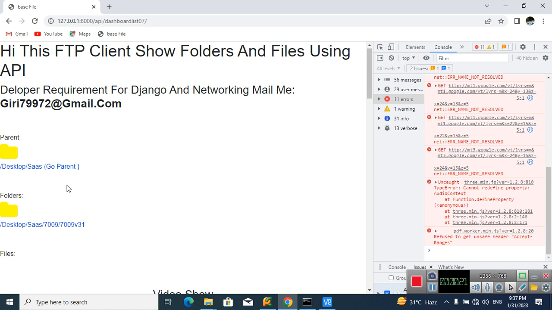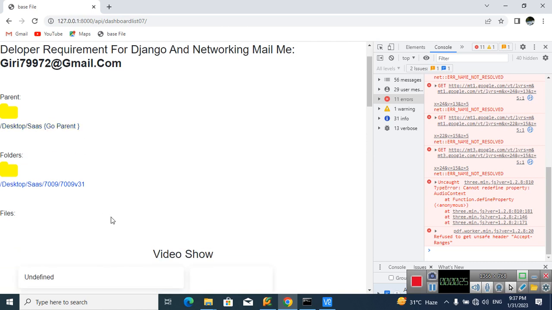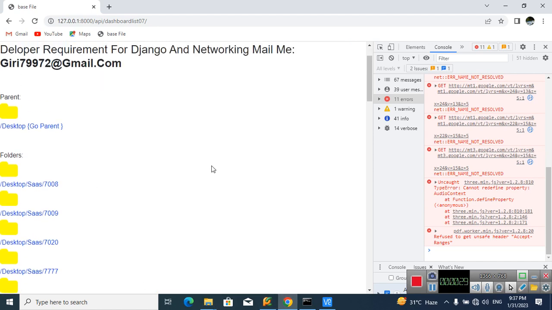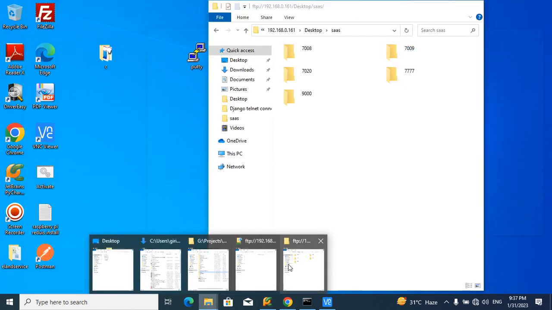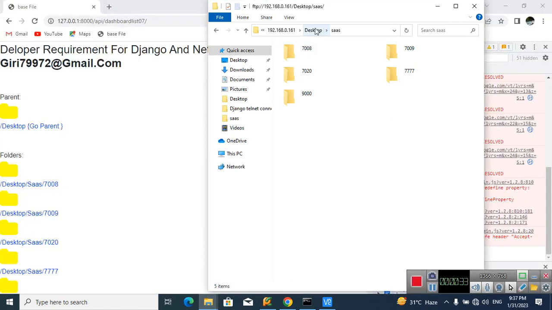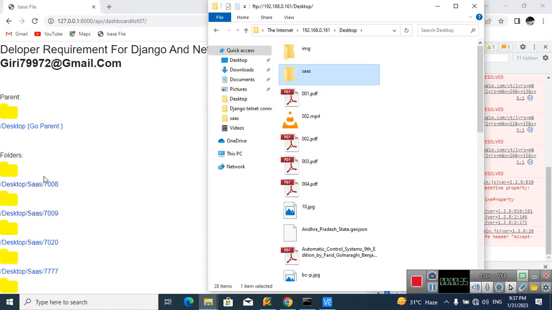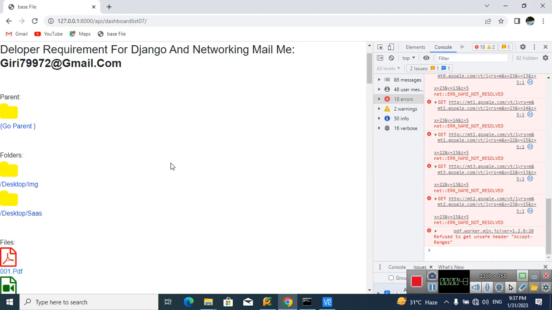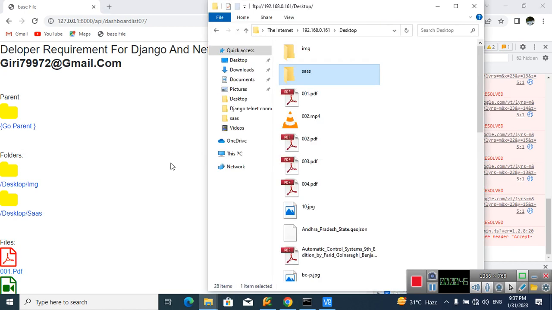They get back all the information. On the desktop folder, we get all the information regarding changing into the subfolders. I'm going back to the parent directory. Up to now, we have achieved